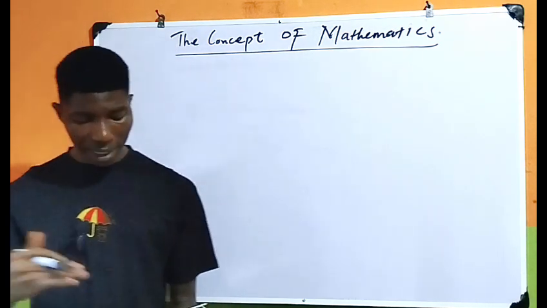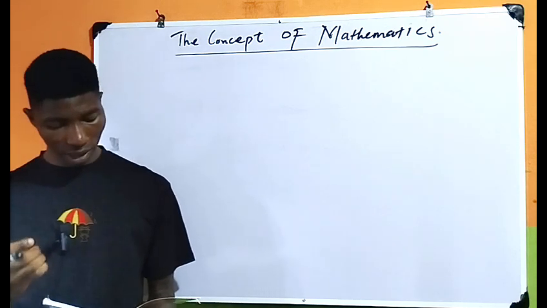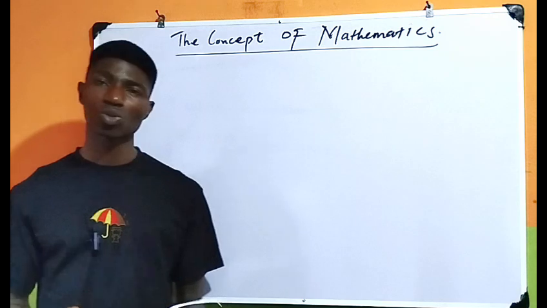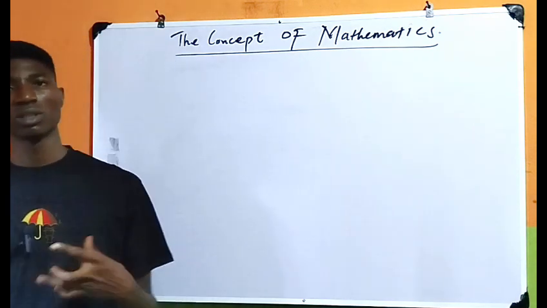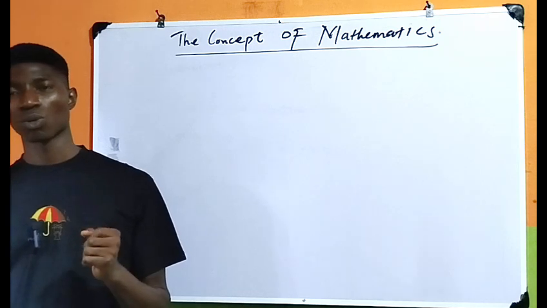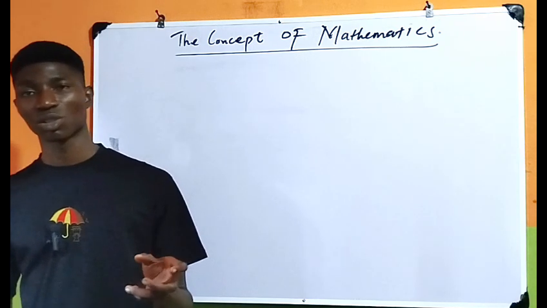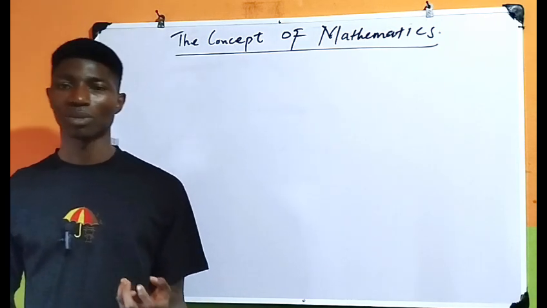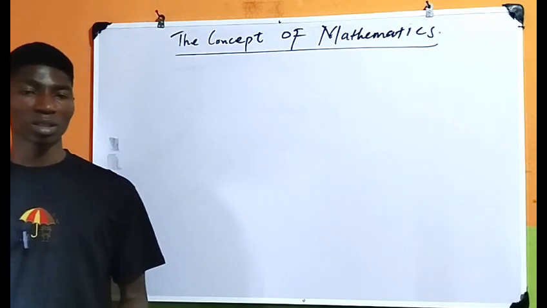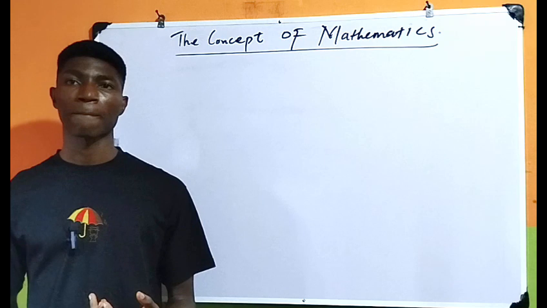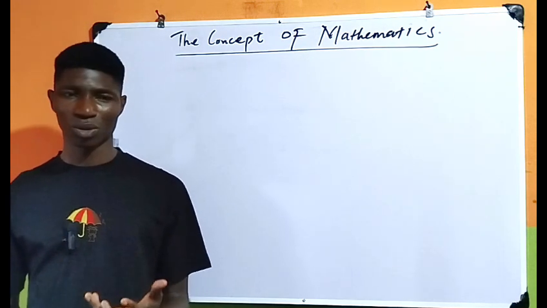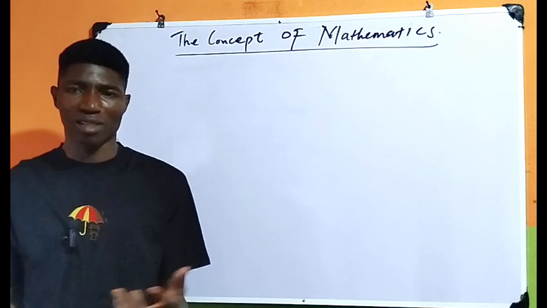Three, pace. A maths instructor can be too fast or too slow. If your lecturer or teacher that taught you mathematics was too fast, you won't understand. Why? Because maths involves assimilation, grabbing the concepts into your memory, not memorizing, grabbing it. If it's too fast, you cannot. Sometimes you will be scared of asking questions.